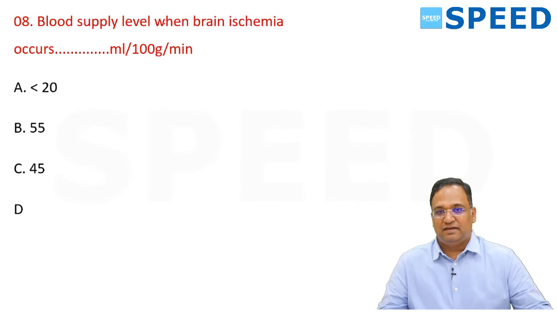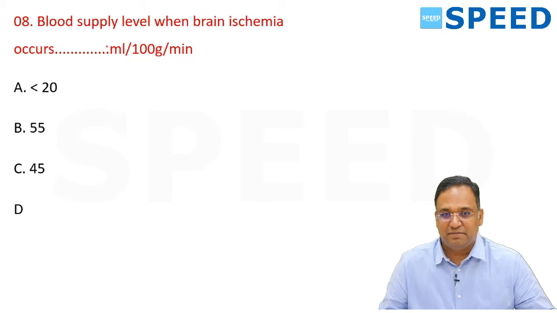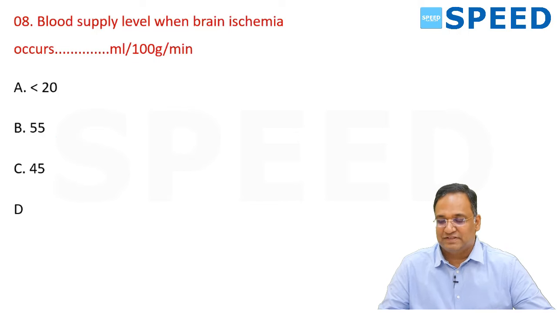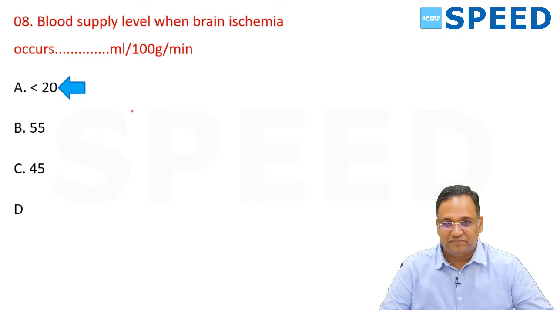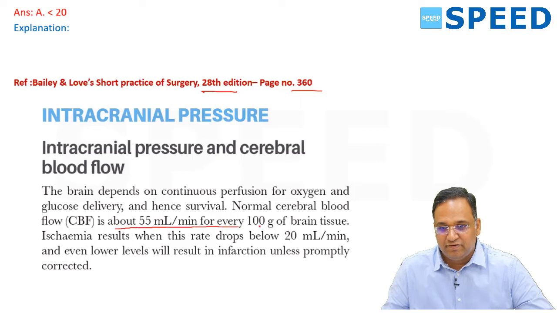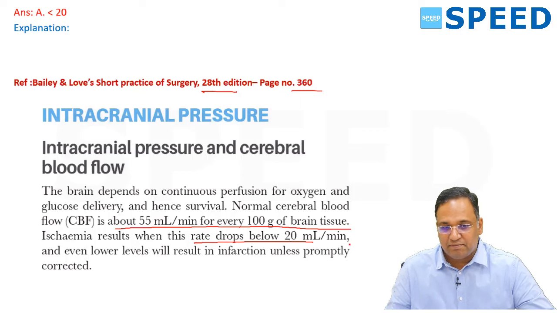Next question: at what level of blood supply does the brain go into ischemia? Option A. Where can I find this? 20th edition of Bailey, page number 360, intracranial pressure and cerebral blood flow. The brain depends on continuous perfusion of oxygen and glucose delivery for survival. Normal cerebral blood flow is about 55 ml per minute for every 100 grams of brain tissue. Ischemia results when the rate drops below 20 ml per minute, and even lower levels result in infarction unless